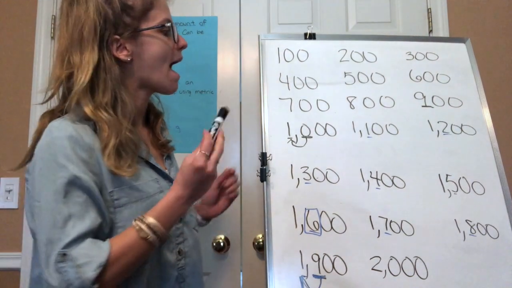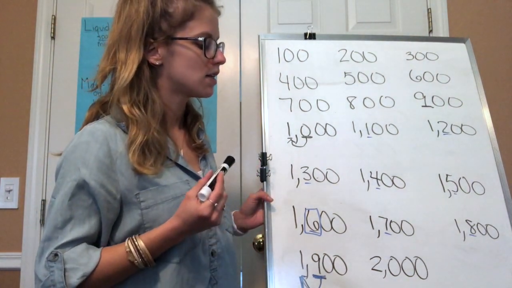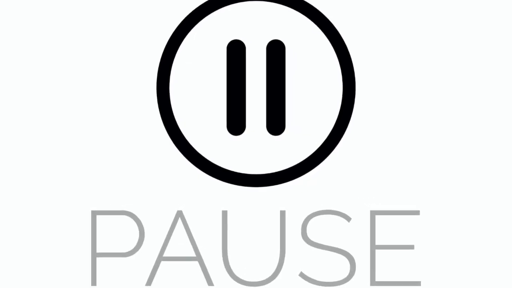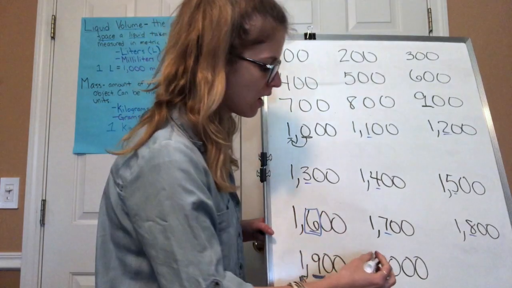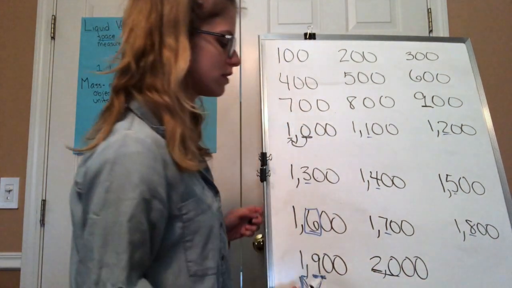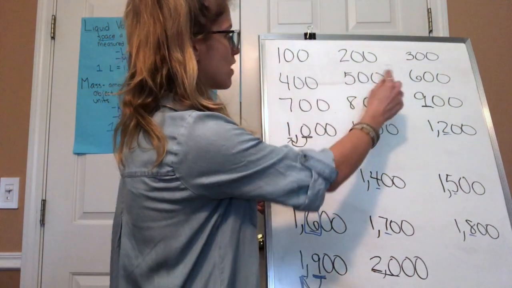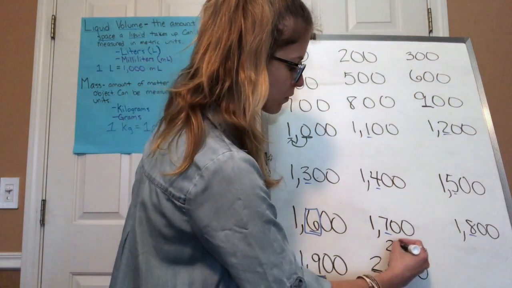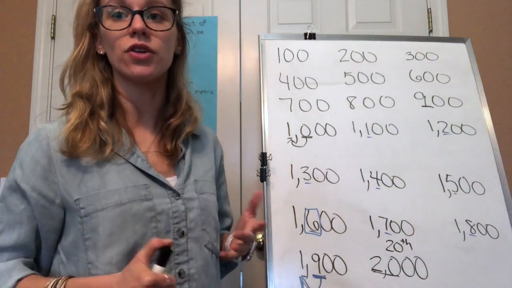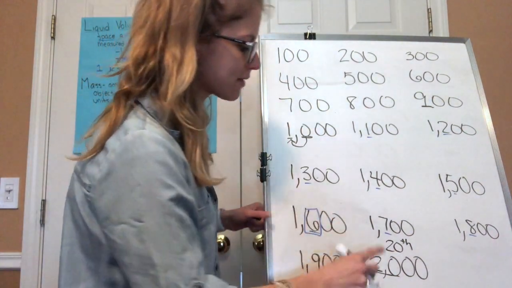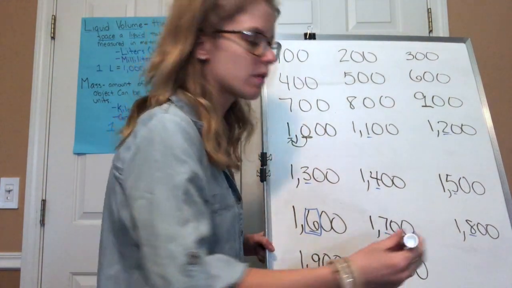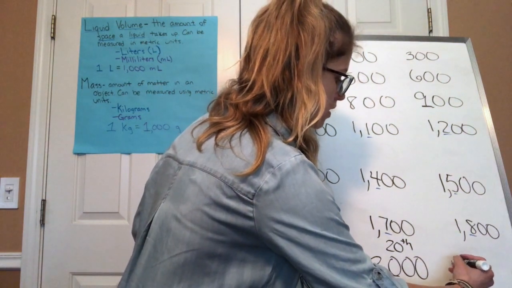Pause me and figure out how many hundreds are in the number 2,000. There are 20 hundreds in the number 2,000. That would be the 20th person would say 2,000 or 20 hundreds, what would my next number be? What would the 21st person say? They would say